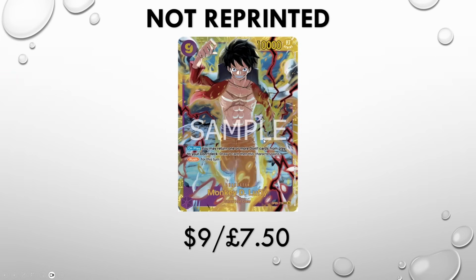And there's only one card from set 9 that I thought would be reprinted, and it is Purple Luffy. He's not the most expensive for a secret rare, right? Just under $10, around £7.50. But with how sort of common you see this, it's like a 1 or 2 of in Blue Purple,